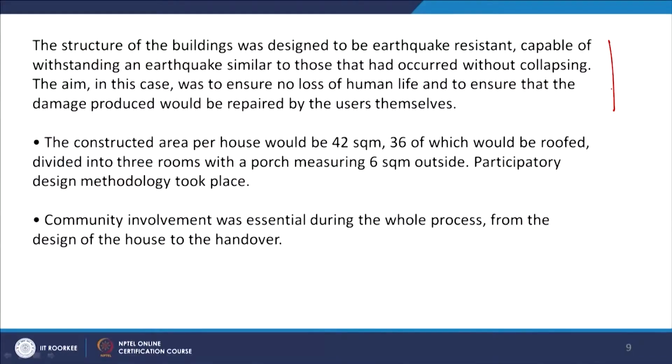The most important part in earthquake resistance is that you have to ensure this is going to be an earthquake resistant building, capable of withstanding an earthquake similar to those that have occurred without collapsing. So it has to ensure that there is no loss of human life and the damage produced would be repaired by the users themselves, with minimal interventions, so the community themselves can repair it